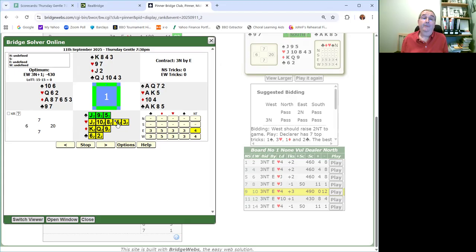This particular South led their 4th highest heart, and again, that's not strictly speaking the right card to lead, although it didn't affect which heart you led here. You've got what's top of a near sequence, Jack 10 8. So the Jack would have been the normal lead there anyway, but they led a heart here, and the computer is saying that Declarer's on track for 11 tricks here, and this was an example of a Declarer who I